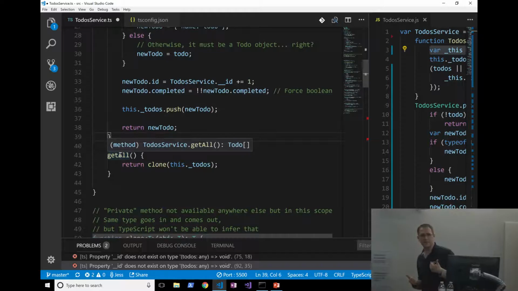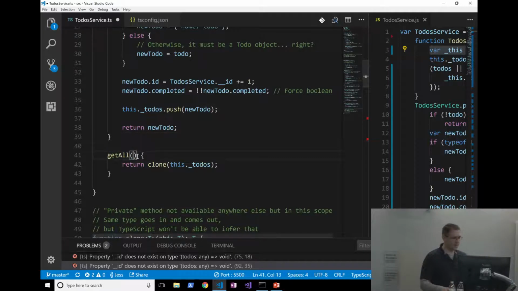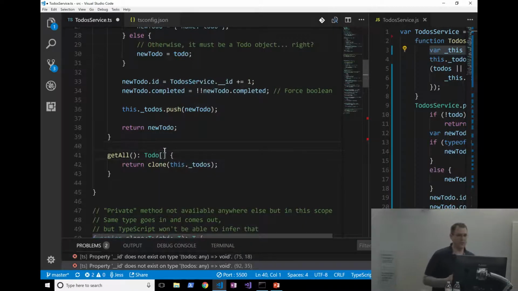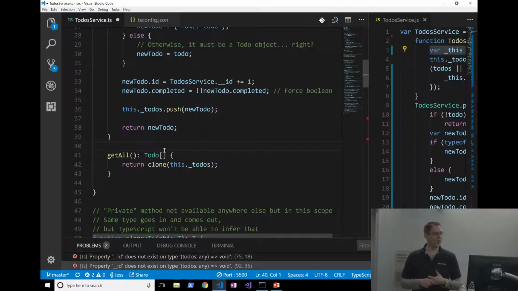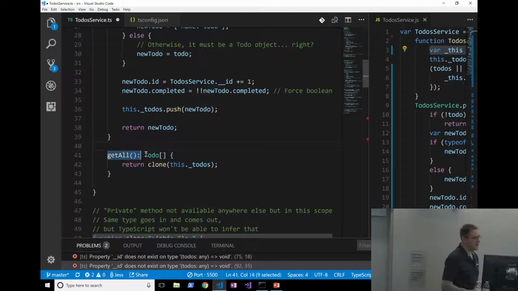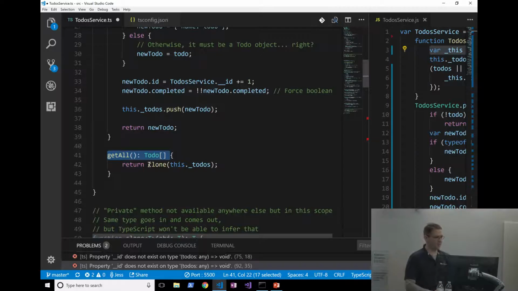Just because I'm returning it, TypeScript says, okay. The reason you're going, this is kind of a best practice, the reason you're going to want to explicitly say that is not to give any more information to TypeScript, it's to give more information to the other developers on your team. This is to express your intent. Even though it seems redundant, you are going to say, getAll returns an array of to-dos, because at some point, somebody's going to come in and they're going to say,